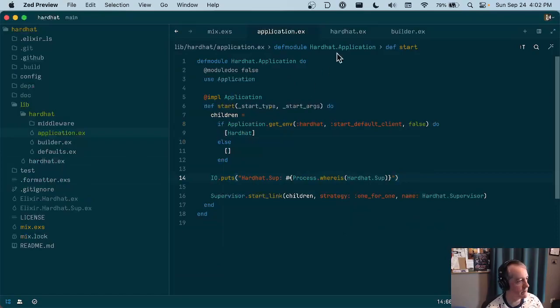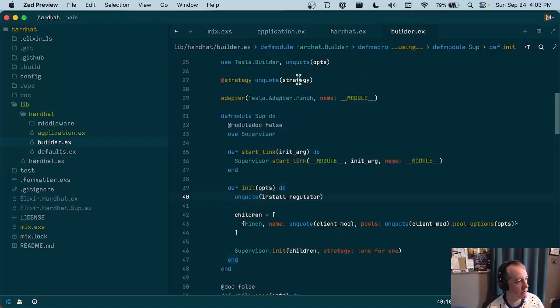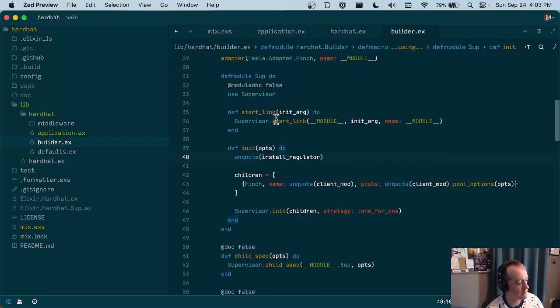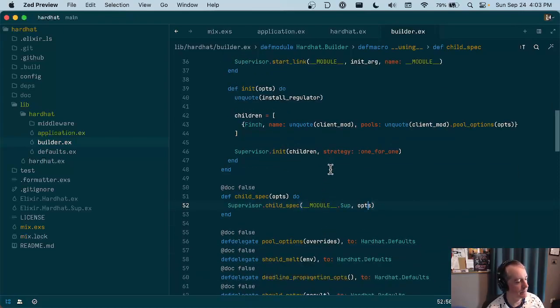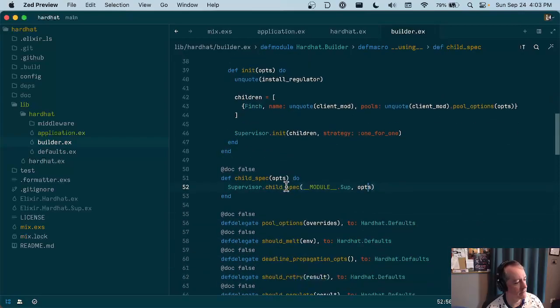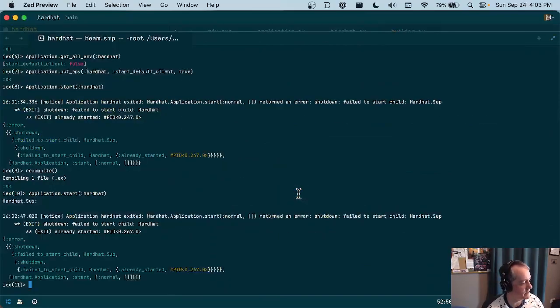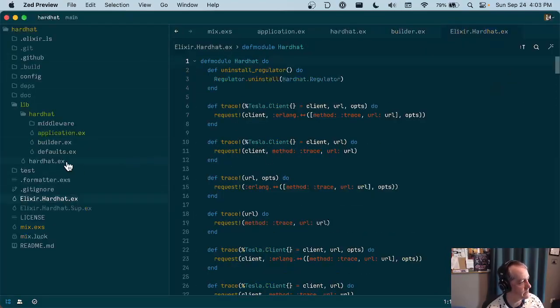So there's a question about what, so this file just calls builder, right? So pass any options in there. All right, let's make a new tab here real quick. Let's do decompile to expanded Hardhat, just to make sure that's fresh, because what I want to see is